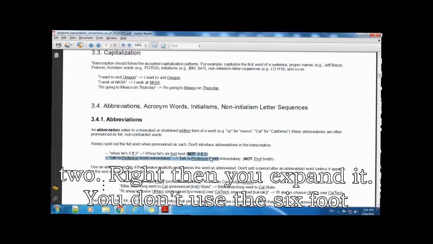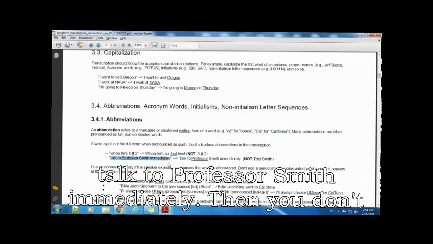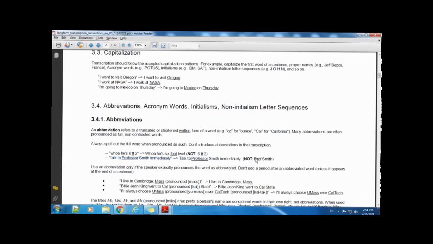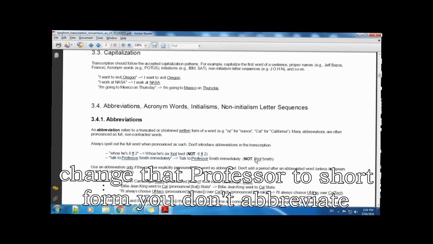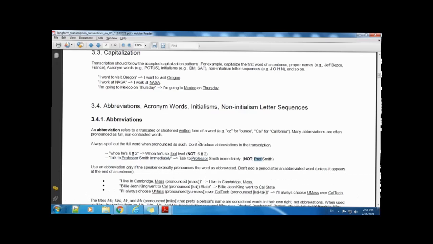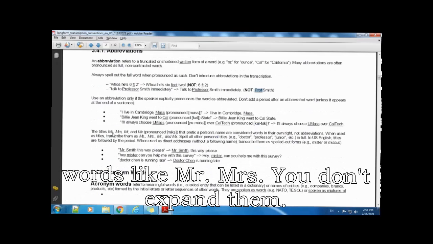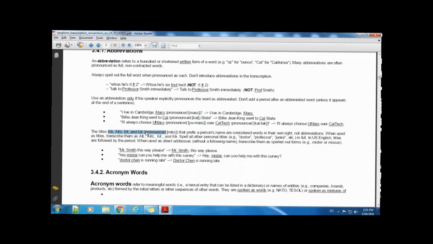You don't use this 6 foot 2. Talk to Professor Smith immediately. Then you don't change that professor to short form. You don't abbreviate. Unnecessary abbreviations are not allowed. Do not abbreviate anything. Transcribe as spoken, do not shorten. But yeah, obviously words like Mr., Mrs., you don't expand them. Okay?